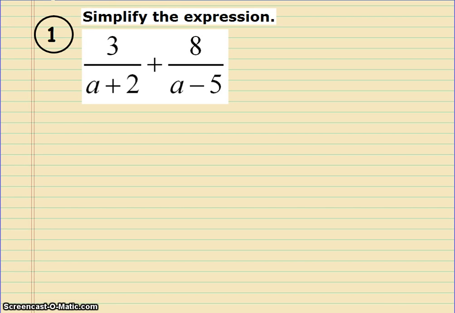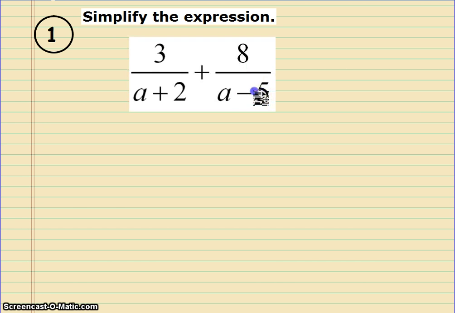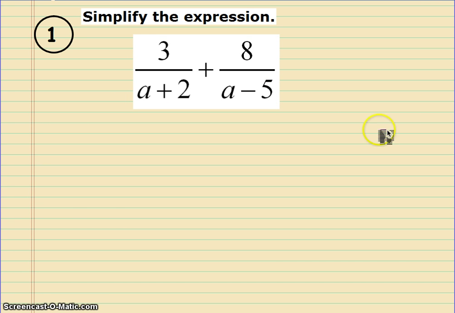Okay, so we're trying to add two rational expressions here. And the first thing I notice is, unfortunately, my denominators are not the same. So I need to do something to make them the same. And if we recall, when we would add 1/2 and 1/3, not multiply, excuse me, add 1/2 and 1/3, to